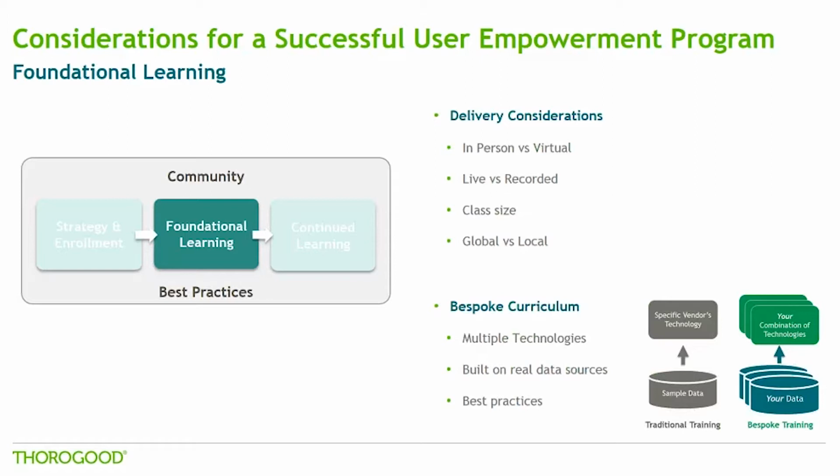What we've really found is that a training course is much more likely to be successful when the training material is tailored to your specific data, so using real data sets that exist within your organization, and when you're doing that with a combination of technologies that are actually used within the company. When you do it that way, it feels more real for the users, so you've already started to build up the familiarity, not just with the tool and the technology, but the way that they would use it within your